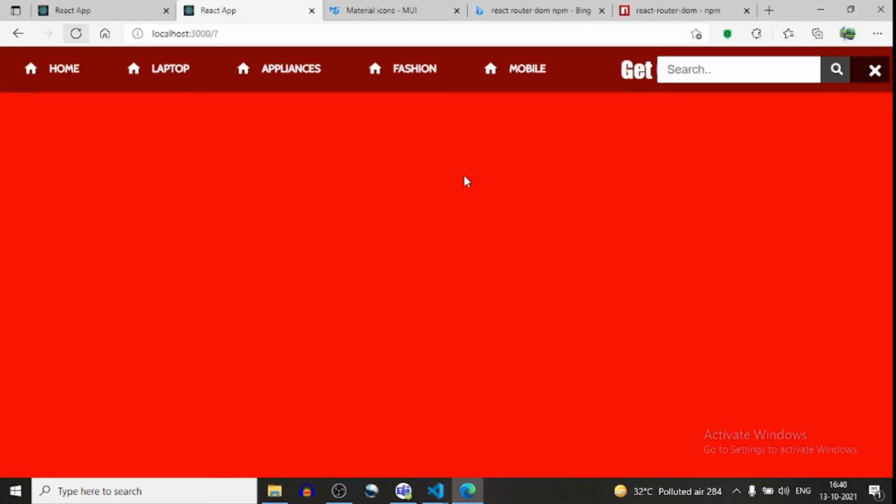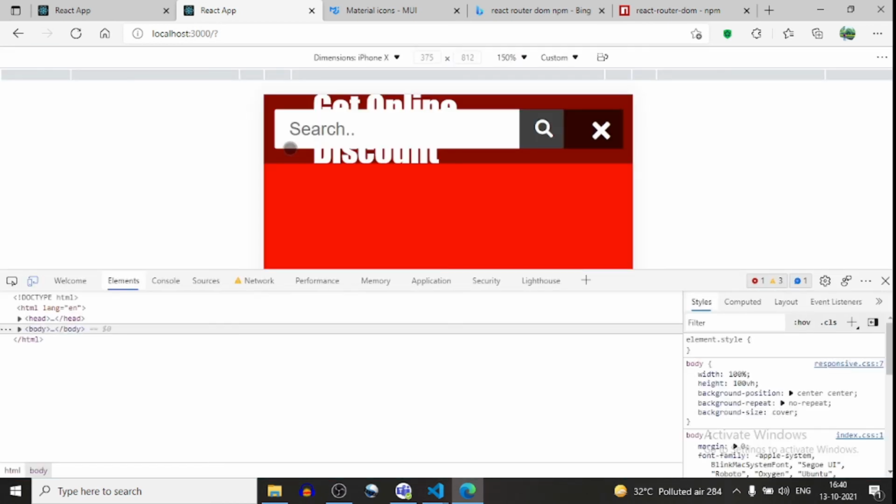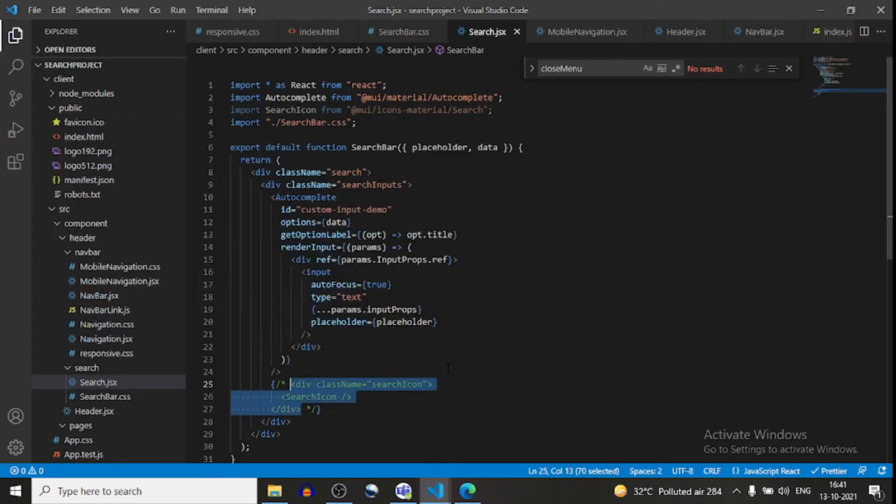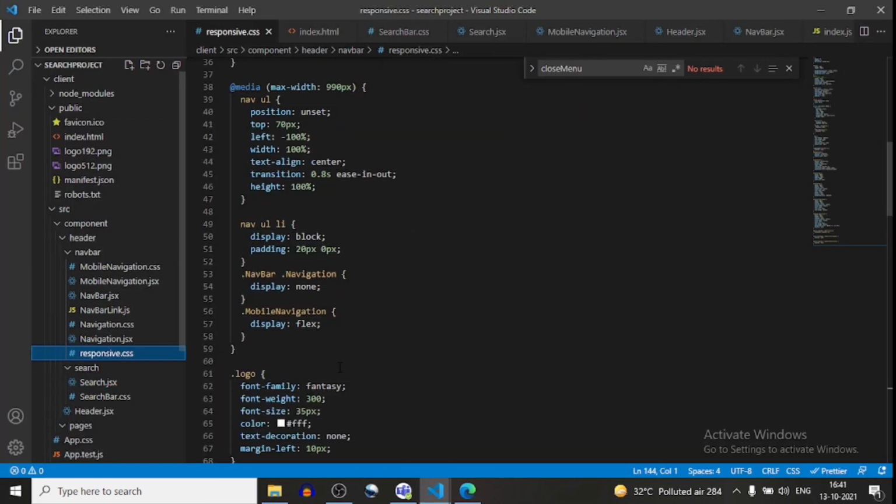Now if I refresh it and see, if I go into inspect element, you can see the logo height is much more in the responsive view. For that I will go to responsive.css, and inside the media query I will write the logo CSS.